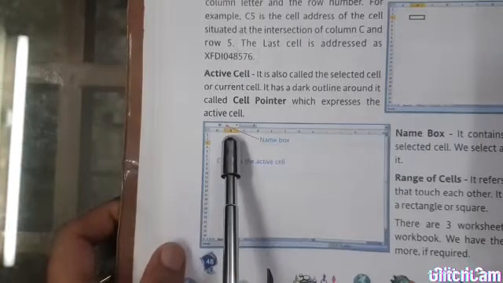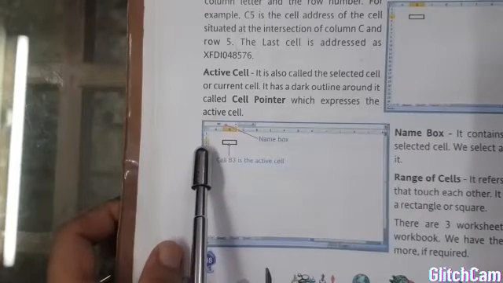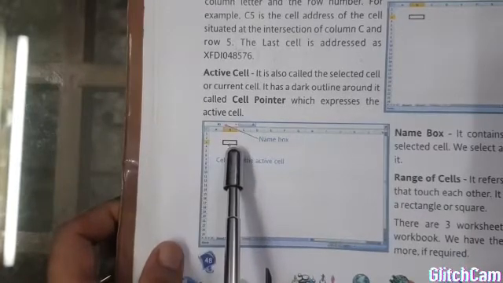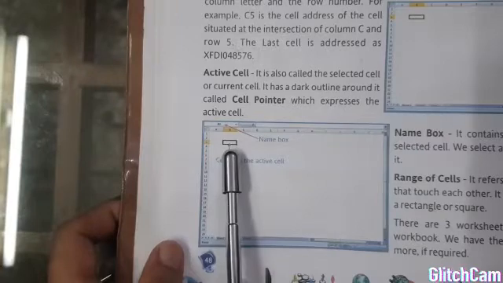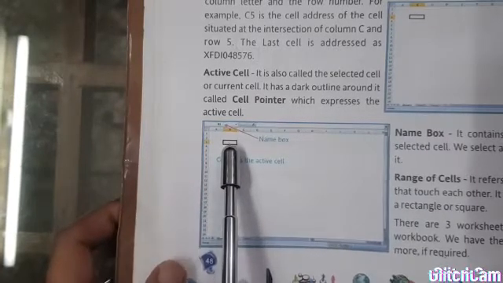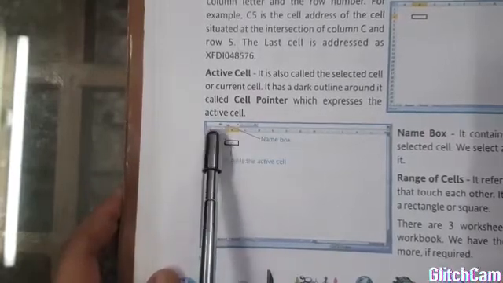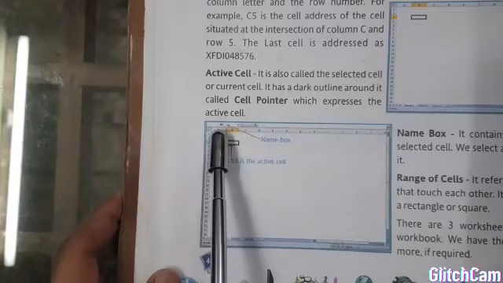You can see column B is highlighted and row 3 is highlighted, and the intersection of that row and column, that is the B3 cell, is highlighted, which is why it appears in this name box.